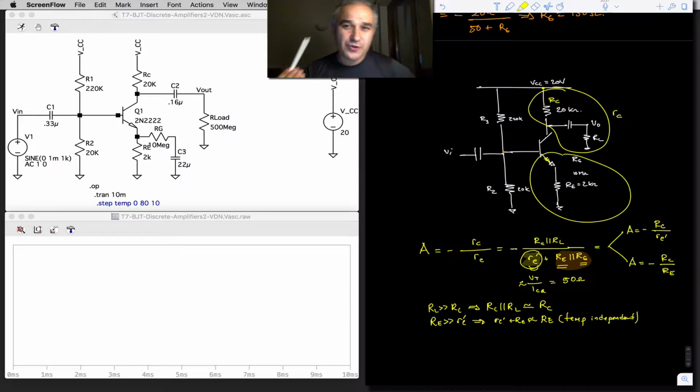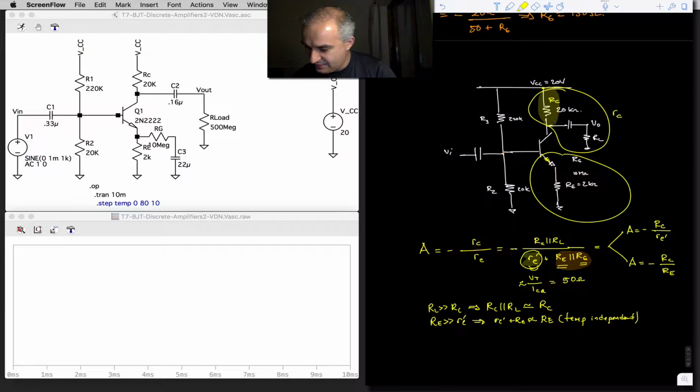Hello, let's do another simulation. So we are exploring the common emitter amplifier, which is a gain stage, and we are exploring it for discrete transistor applications where we can use resistors, and so we can use the voltage divider biasing network or the four resistor biasing network. Now, in the circuit that we have here, we calculated the gain to be approximately 10, meaning